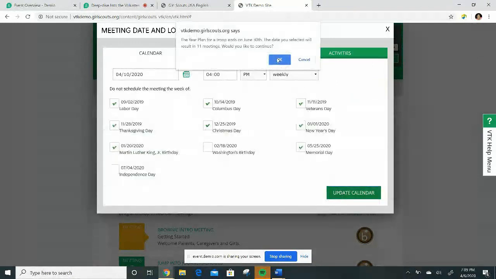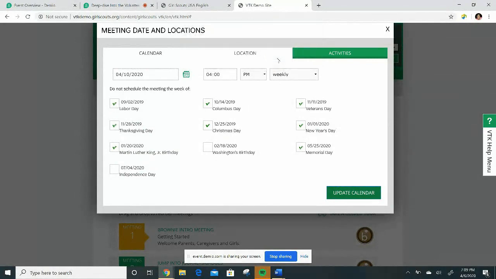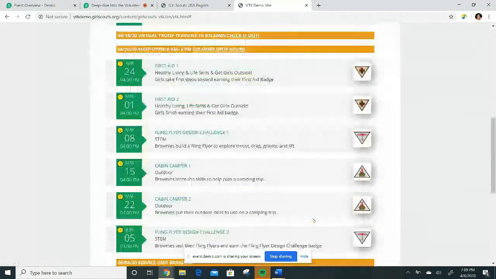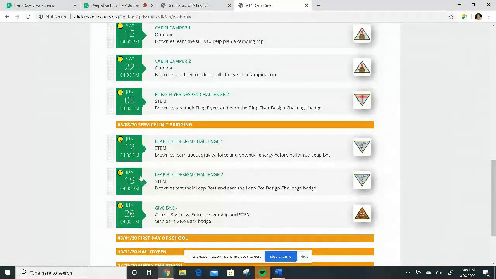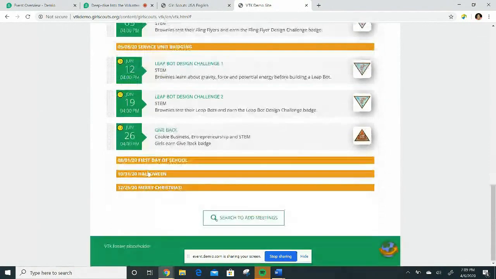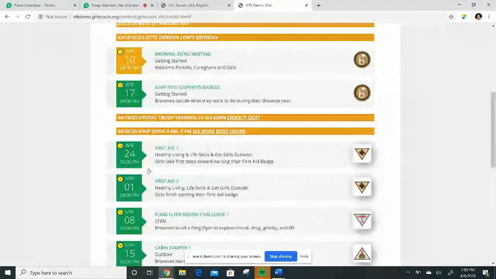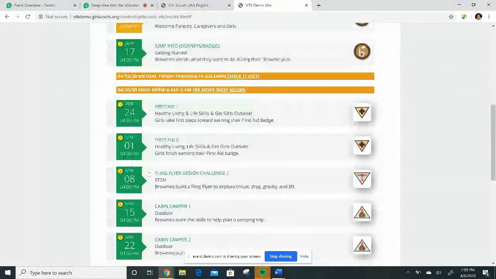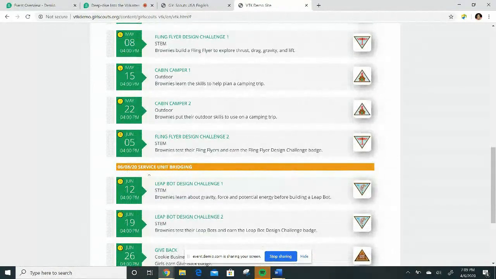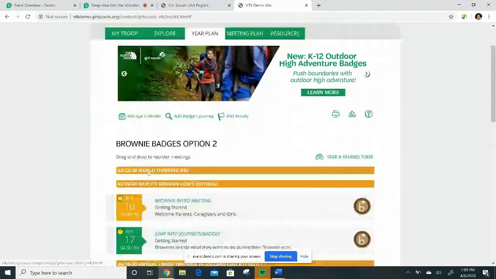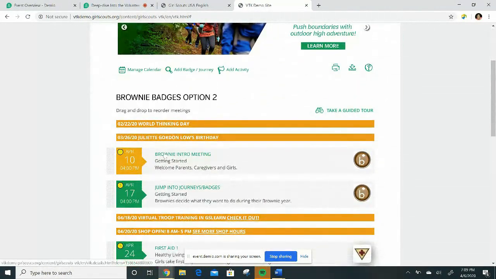And since the VTK does close on June 30th, it will result in 11 meetings versus the 15 meetings. So what that means is that you have 3 meetings that are unaccounted for because it went past the date. So what we're going to do, I'll show you how to schedule those in so you end up getting all of your meetings in one condensed timeframe. So you go back to the April the 10th meeting. If you double click the title,